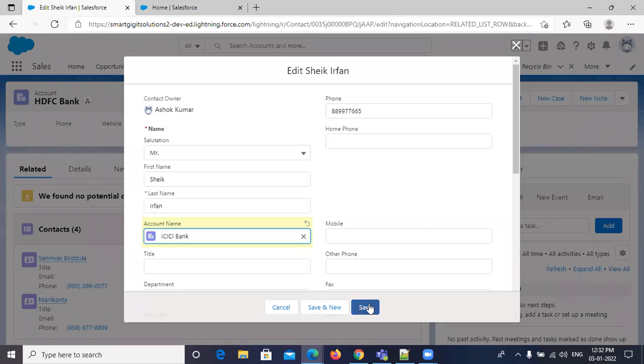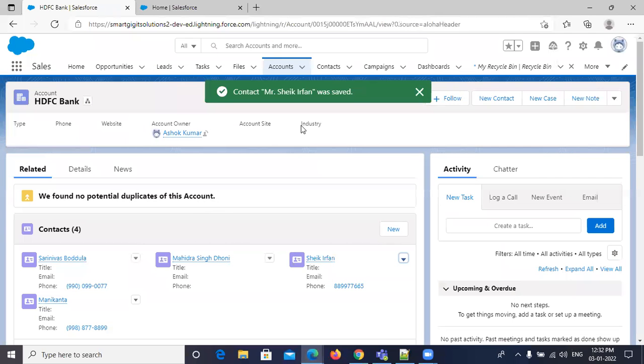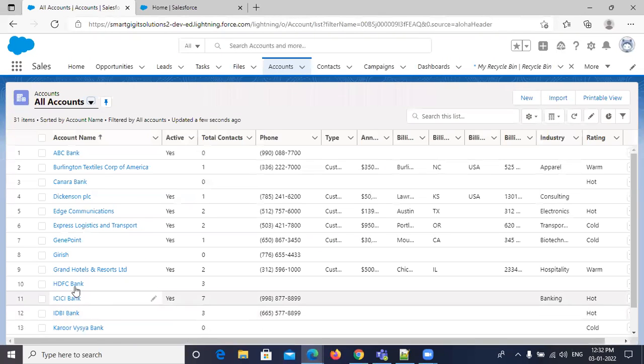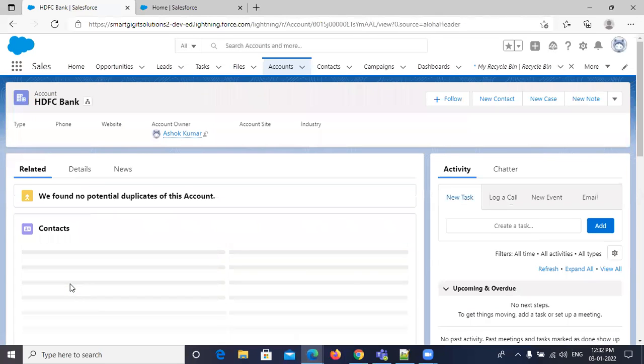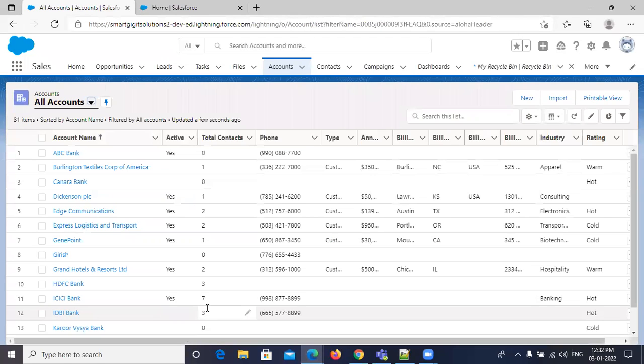Here I am updating. Save. Now I want to check ICICI Bank. HDFC Bank is 3, ICICI Bank is 7. Let me check once: HDFC Bank has only 3 records and ICICI Bank has 7 records.